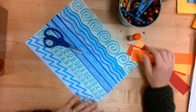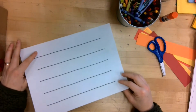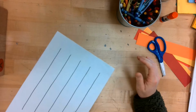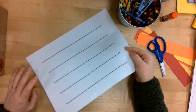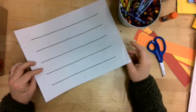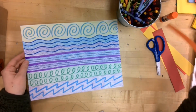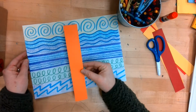So yesterday when we decorated with our cool colors, we did it on the back of a paper where I added some lines. These are lines where we're going to cut. We're going to cut just on the inside, not all the way to the end. This is going to stay one piece of paper. After we cut it, it's going to turn into our loom. Then we're going to weave our papers in and out, in and out. We're going to end up making one of those crisscross line patterns with our paper